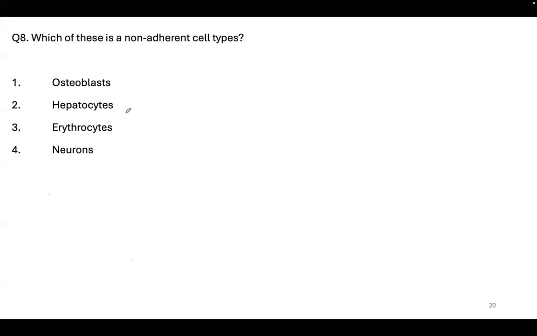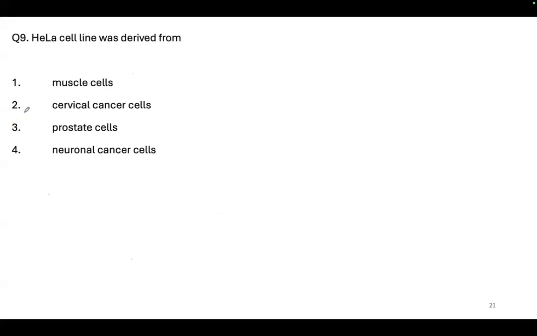So which of these is a non-adherent cell type? So erythrocytes. HeLa cell was derived from, we just talked about it. So this is a cervical cancer line, right? So that's true here. And okay, so this is, can you just classify these into in vitro and in vivo